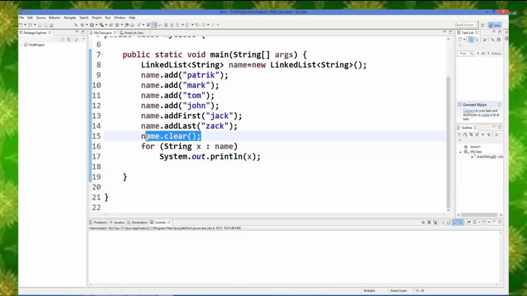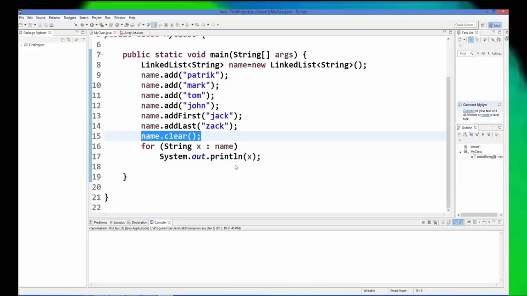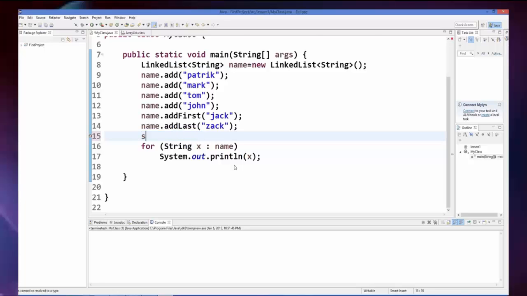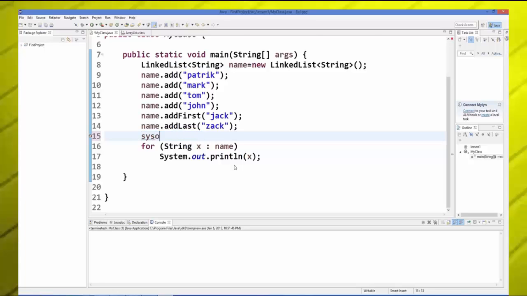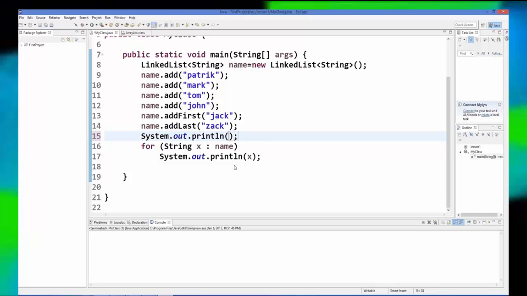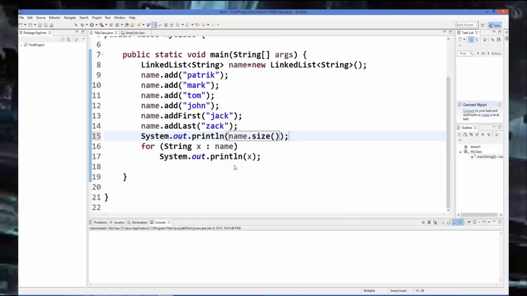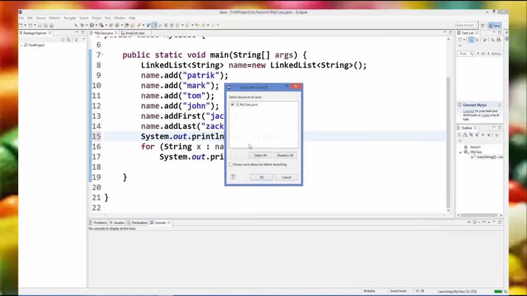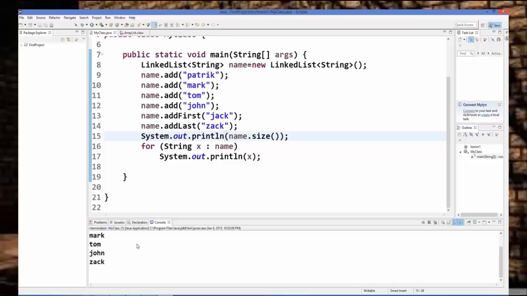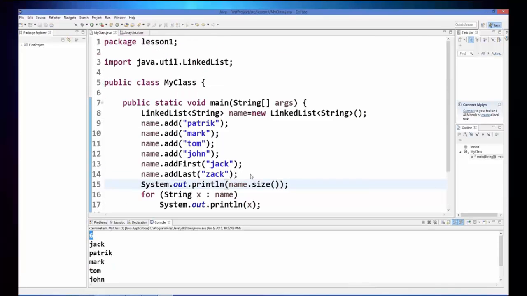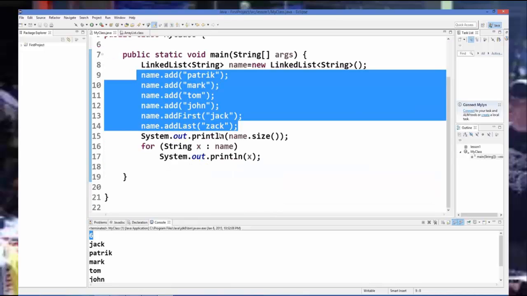If you want to get the size of this list, you can just print it like this. So name dot size, and it will print the size of the list. Run the program, and our size of the list is 6 because it contains 6 elements. Okay,